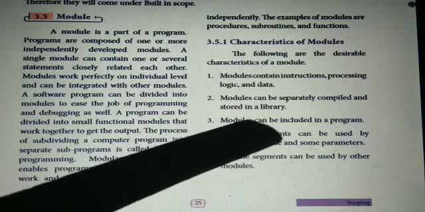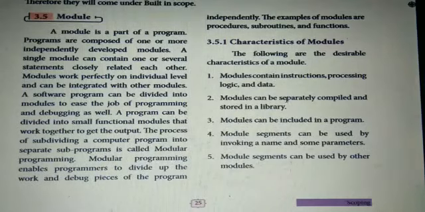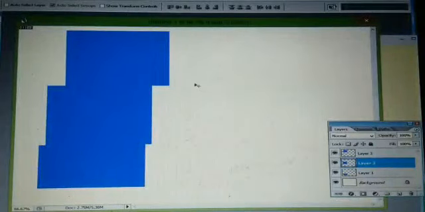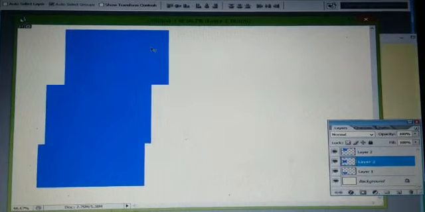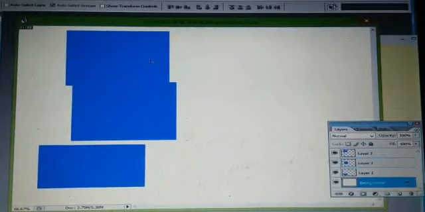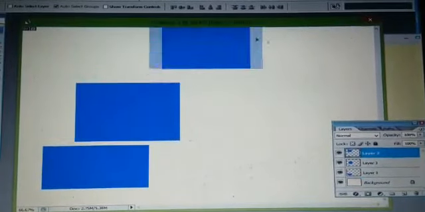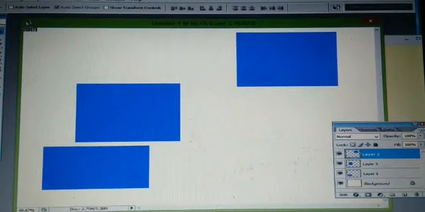And then modules can be included in a program. So these three files are developed on separate machines. Now here I am going to develop one program. So we decided to include the first module in our program, means take the first module into your program, and then take the last module that is also needed in your program.